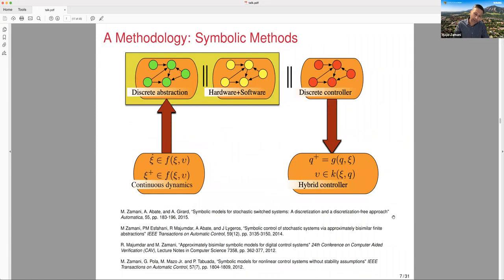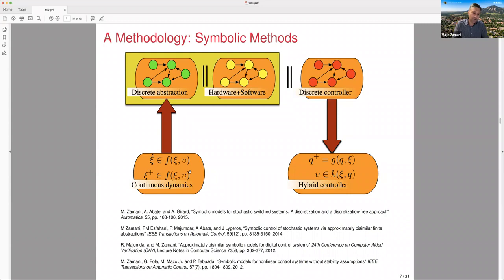Okay, so in this talk, I will propose two methodologies. One is abstraction-based, the other one is abstraction-free. So let's first look into abstraction-based. In the abstraction-based method, which is called symbolic methods, what we do is we say, okay, we have continuous dynamics representing the physical variables in the autonomous systems, and these are evolving in a continuous domain. At the same time, I also have some discrete variables which are modeling the computation and the software components in the autonomous systems. So in order to be able to analyze them